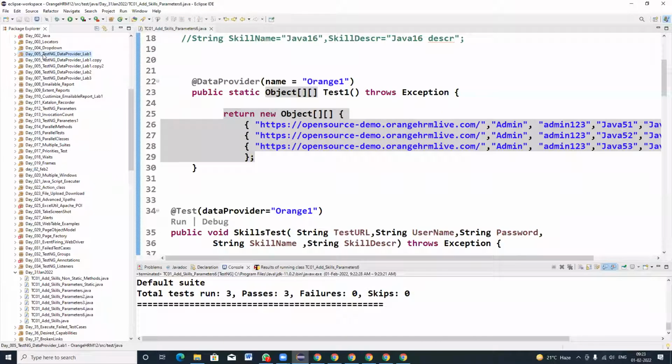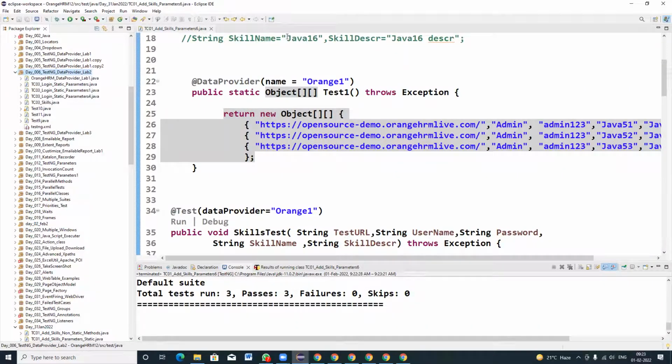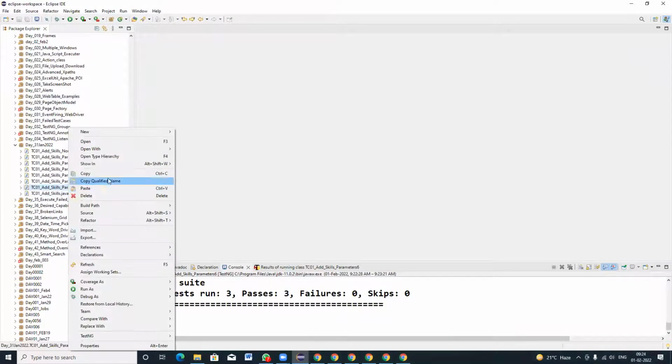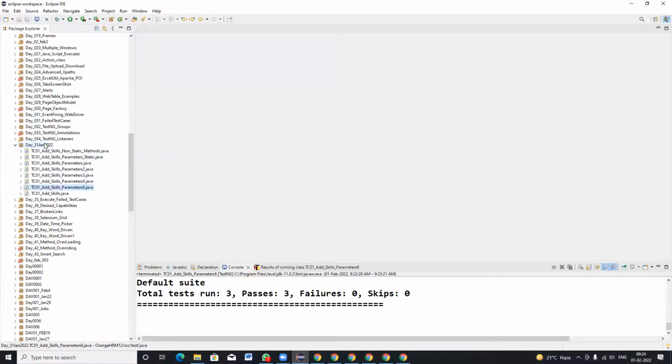Right, so now I am going back to lab number 6, day 6, TestNG data provider lab 2. This is the same program I'm copying and pasting here.